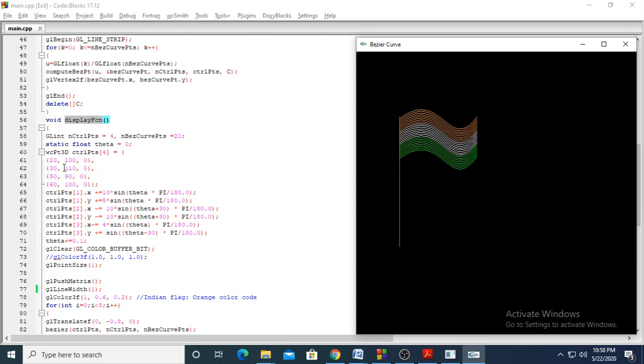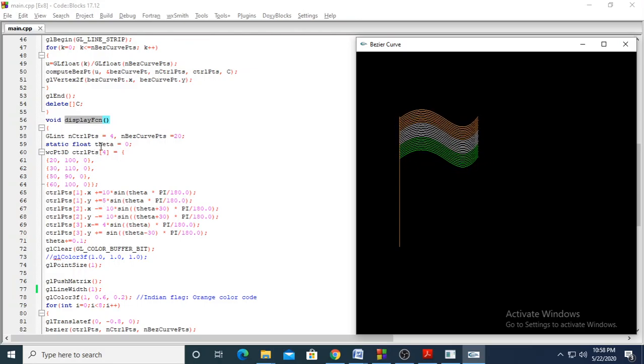Now what are the 4 control points? The 4 control points are initialized. One is here, one is here, another one is down, and another one is here. So 4 values are given here. How are these movements given? Leaving this point, the other control points are multiplied with some sine value, so that you can give value here. By changing this value, you can see more movement, fast movement or more variation. 5, 10, 5 is given. You can change to 20, 30 or something like that.